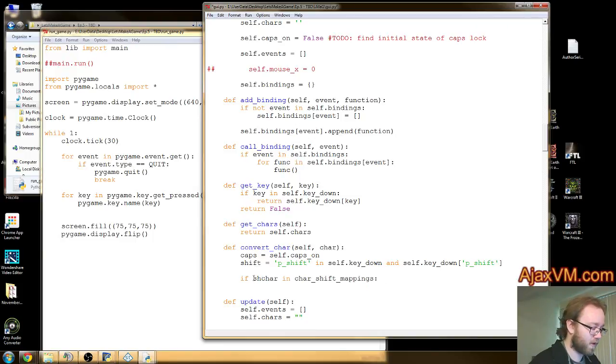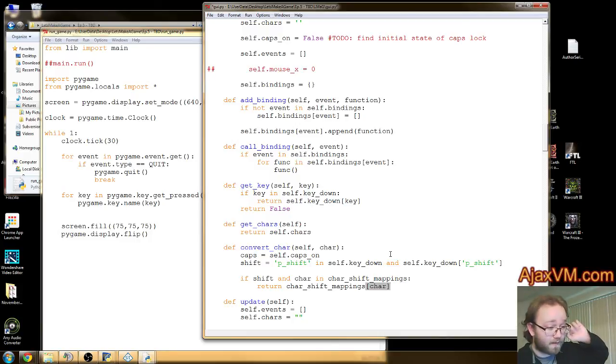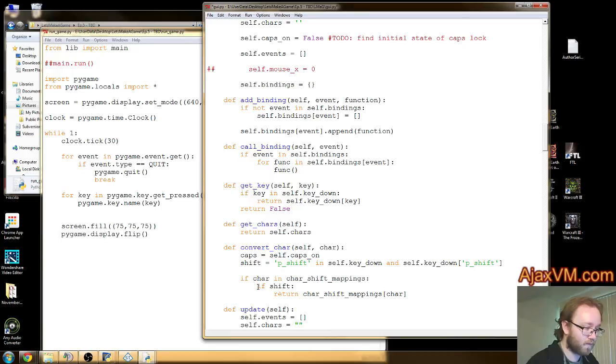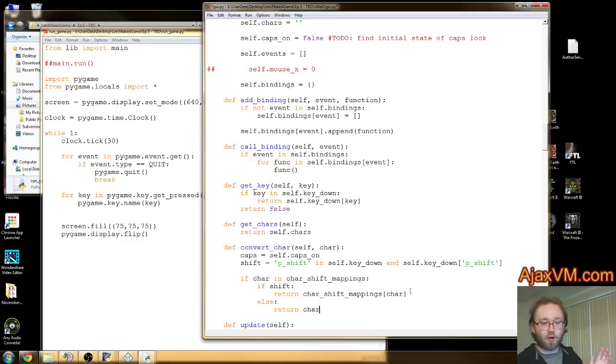If shift and return char shift mappings char. So we're going to return the uppercase if we're pressing shift. Actually, we're going to do this. Else return the character. So if we don't care if it's caps lock, but